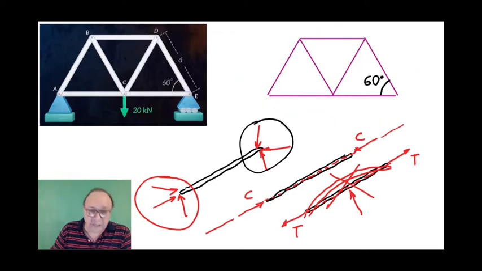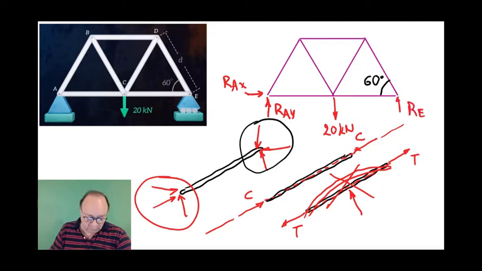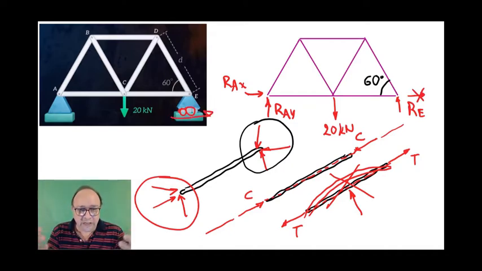And then you use the equations of equilibrium to obtain the external reactions. That will be these reactions here that I'm going to call reaction at A in the y direction and reaction at A in the x direction. This will be the external load applied to the truss, in kilonewtons, and this will be the reaction at point E. There is only a vertical reaction because there is a roller there, so there is no horizontal reaction, because the rollers just move. They don't create any opposition to the horizontal motion. So